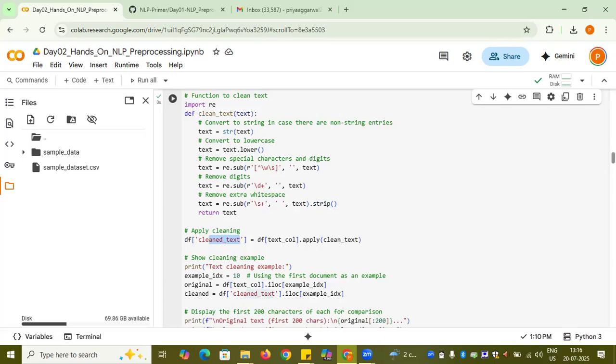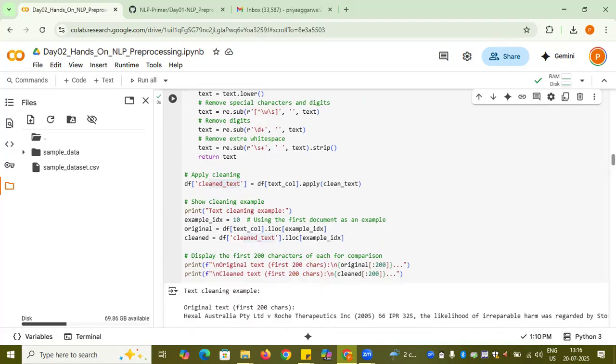Once the clean text is provided, let's first try to print what I did. This is an example index. In the column, if I want to go to some index, I use loc with the example index, and similarly in the clean text column I go to the example index. So let us print it.